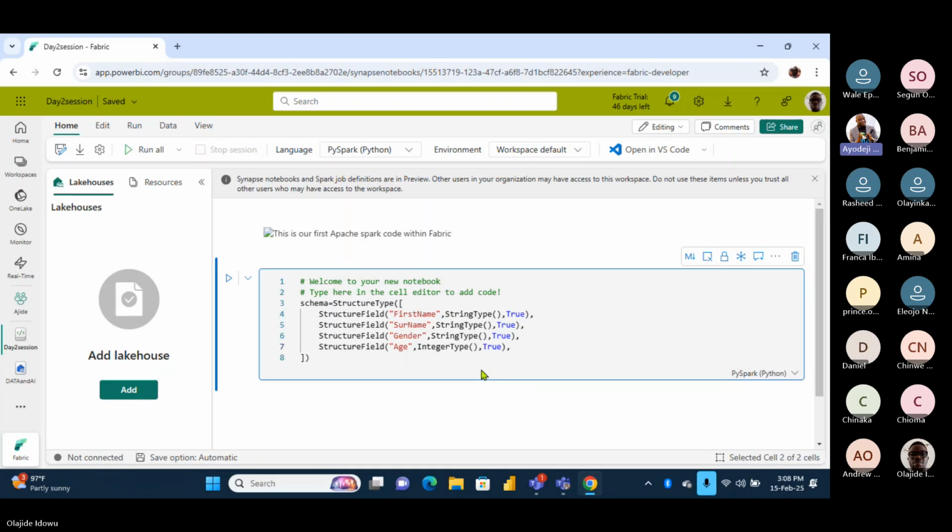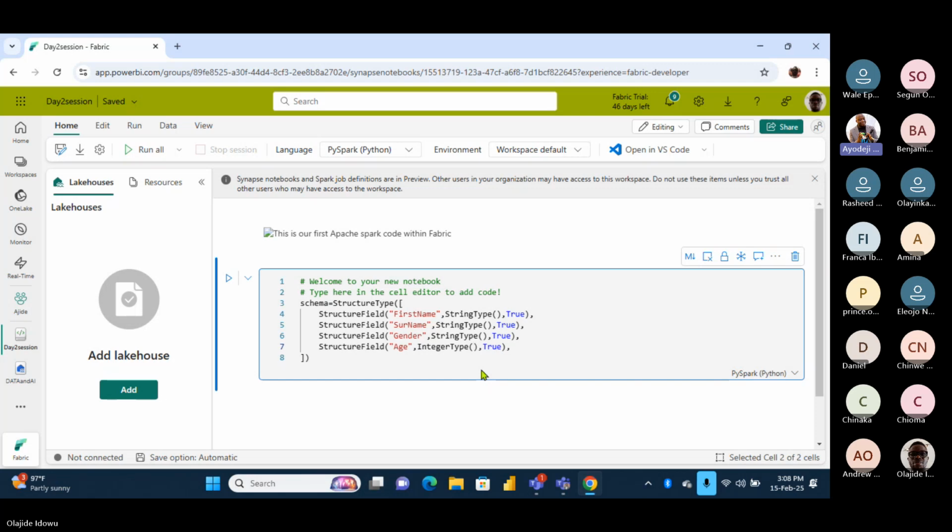It will look at all the content of the column and assume for us the type of data that should be in that column. That is called inferred. But I told you, you can also create your own structure. This example I've done here is creating our structure.